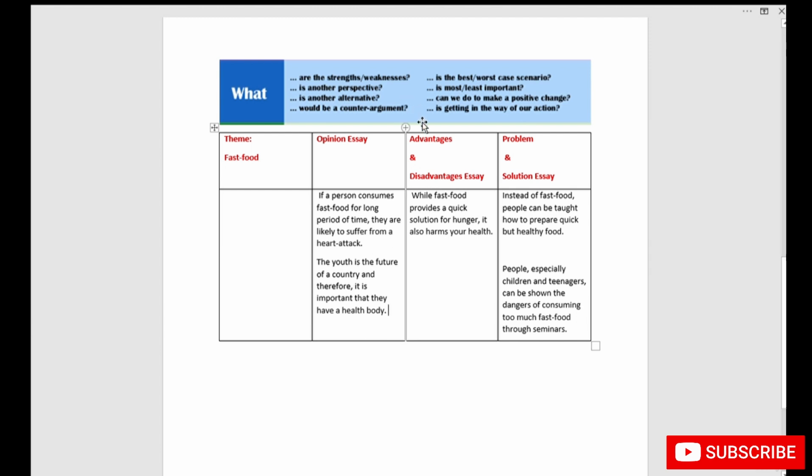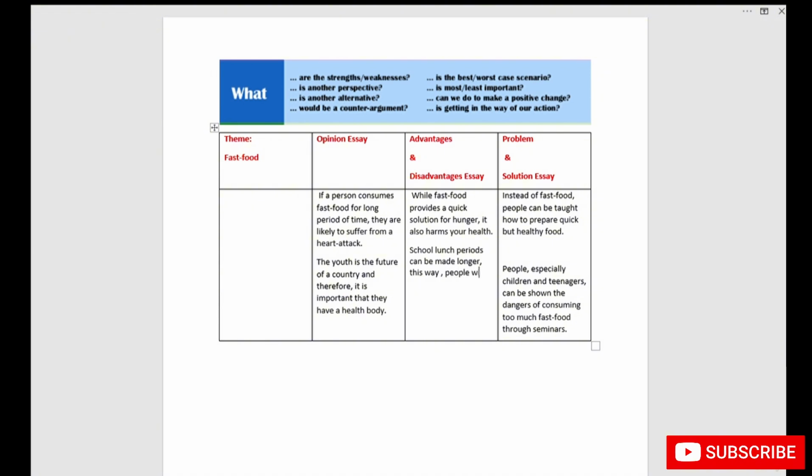And let's look at lastly what is another perspective, or what is another alternative. So let's go back to the advantages and disadvantages part. So we can say, school lunch periods can be made longer. And this is the last part of our advantage and disadvantage essay, where we are giving our opinions a little bit. So I say school lunch periods can be made longer, and this way